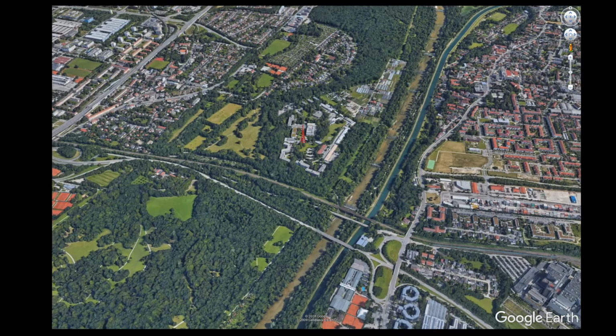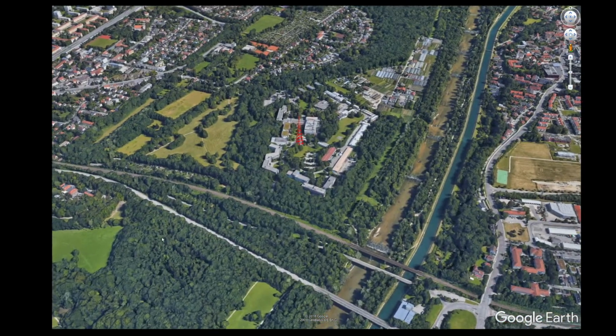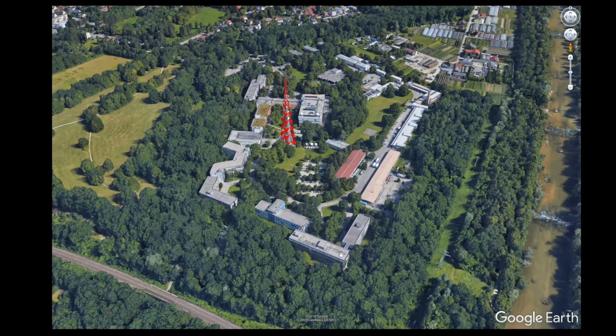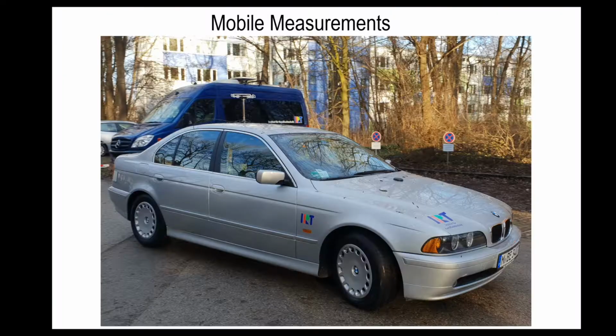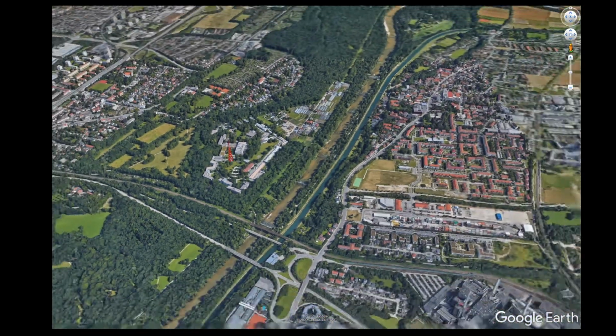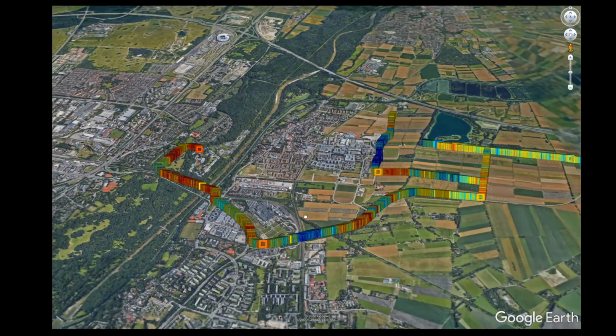This is the campus of the Bayerische Rundfunk in Munich-Freimann, and as shown before, these two buildings are the premises of the IRT. For mobile measurements, we use a well-equipped measurement car. While driving around the IRT, we are measuring the field strength every 5 centimeters. To get rid of fast fading effects, a post-processing calculates the median per distinct sectors. The field strength level per sector for some measurement routes is shown here.